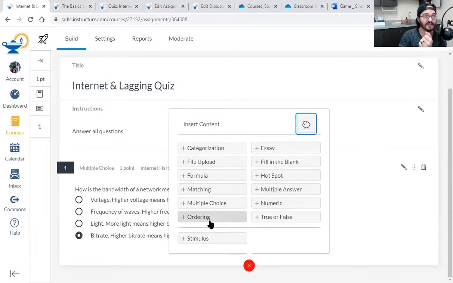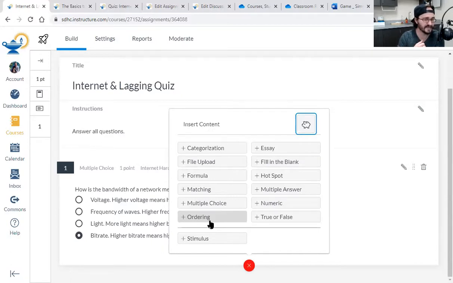In physics, you could ask for the problem-solving steps: identify the variables, write the equation, rewrite the equation to solve for the variable you're looking for, plug it in, double check your answer, and then have them reorder it. That's really cool, in my opinion, that they have things like ordering.